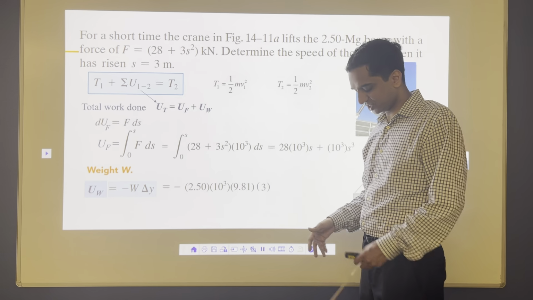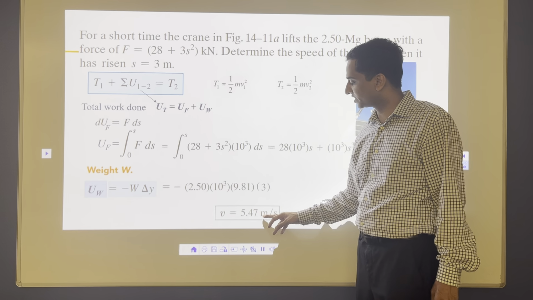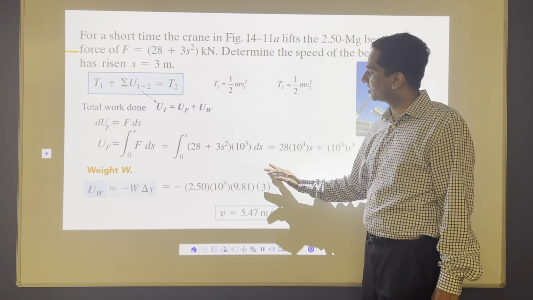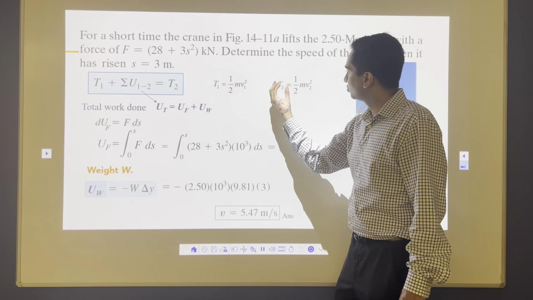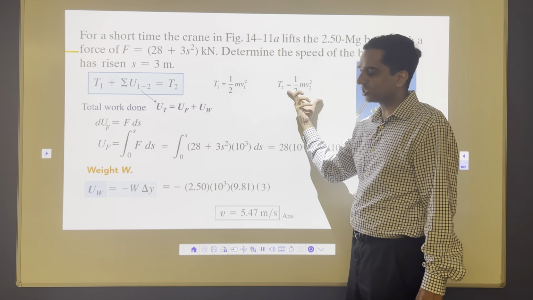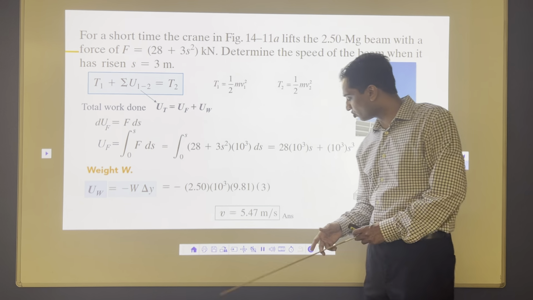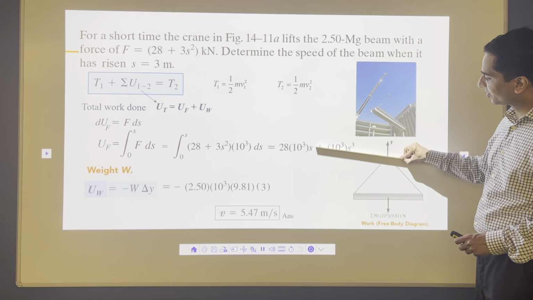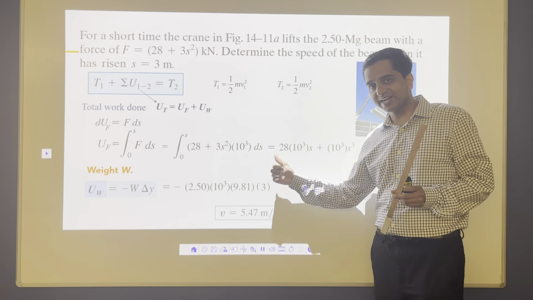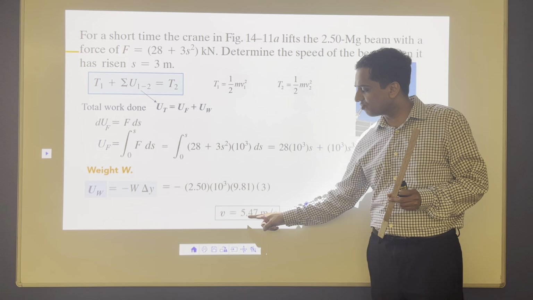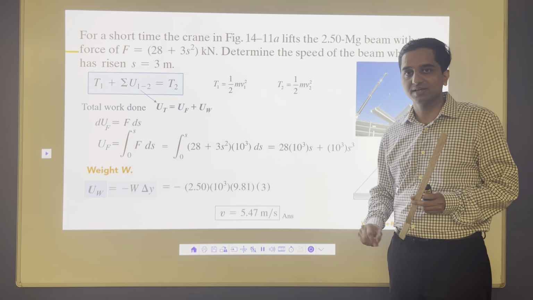This is a simple calculation, and if you do that, what you will get is velocity is nothing but 5.47 meters per second. So what's happening here? All you have to do is do these calculations, put it here. This is nothing but T2. You will get this value. You have one equation, one unknown. Solve it for V2, velocity 5.47. You start with 0 velocity. You are going to lift it to the 3 meter mark. Velocity in the upward direction will be 5.47 meters per second. That's the number you are going to get here.